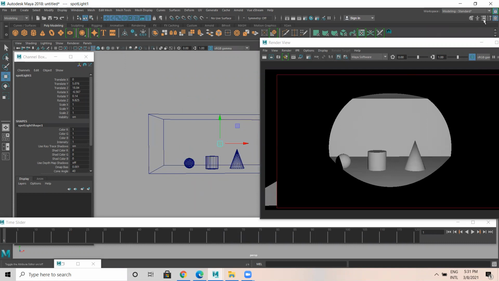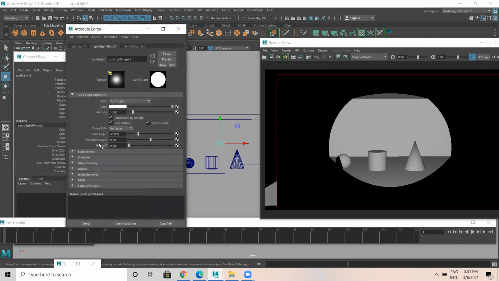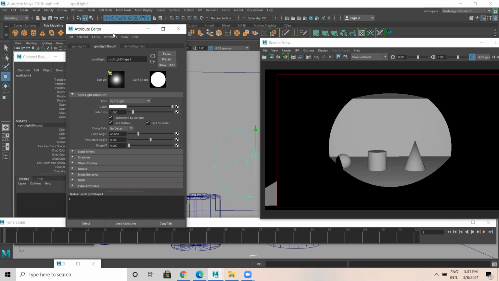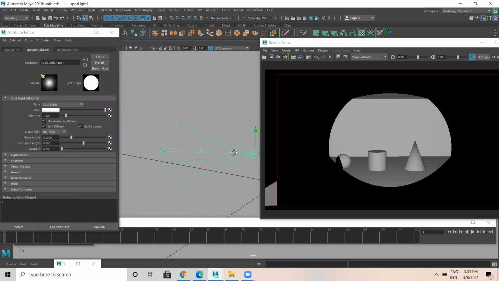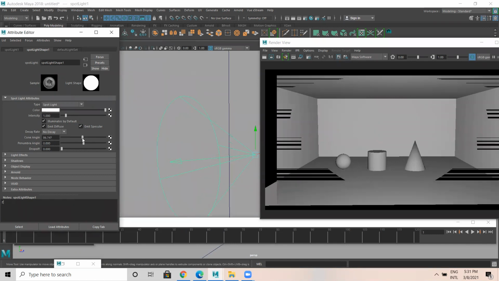Now come to the attribute editor. Spotlight does have a lot of options, with respect to cone angle. Cone angle is nothing but the cone of this light, it looks like this. This is a cone. You can increase the size of the cone angle so that light will spread evenly.